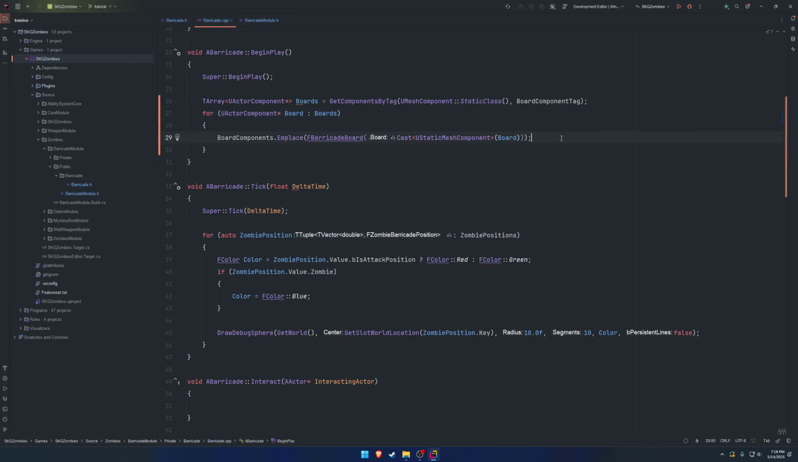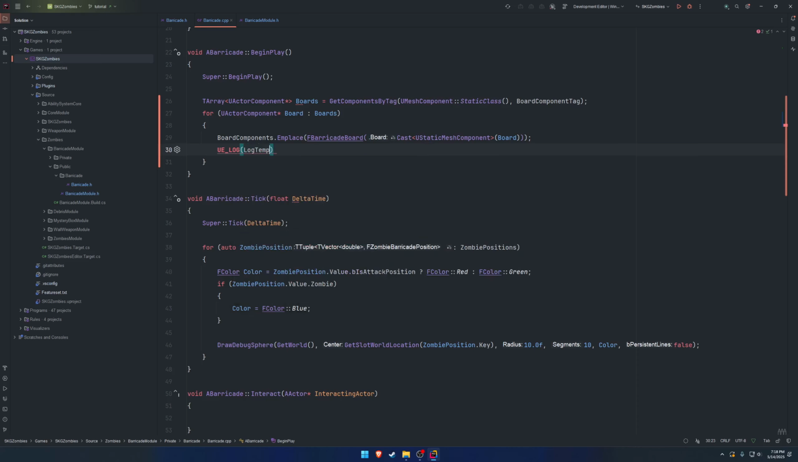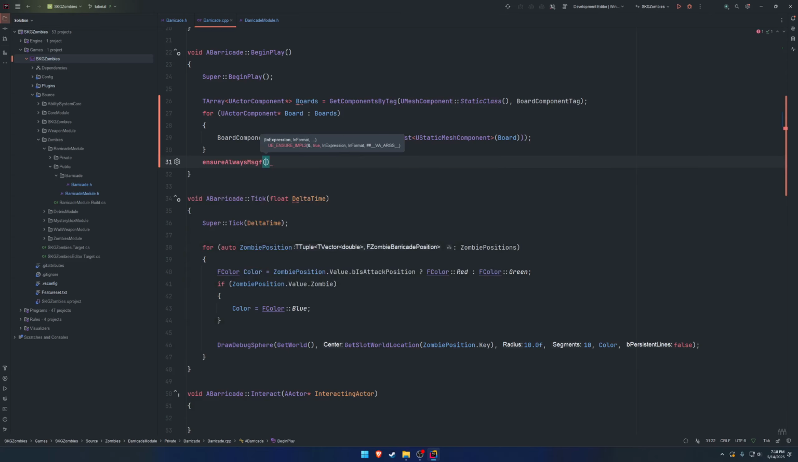So in the meantime, it's probably not a bad idea, or let's actually do something else instead. So let's do a checkf, or not a checkf, we'll do an ensure. So ensureAlwaysMsgf, and the condition being the board components dot num. So if the number is 0, then we know that we didn't find any boards. So we'll do a text, make sure the board component tag